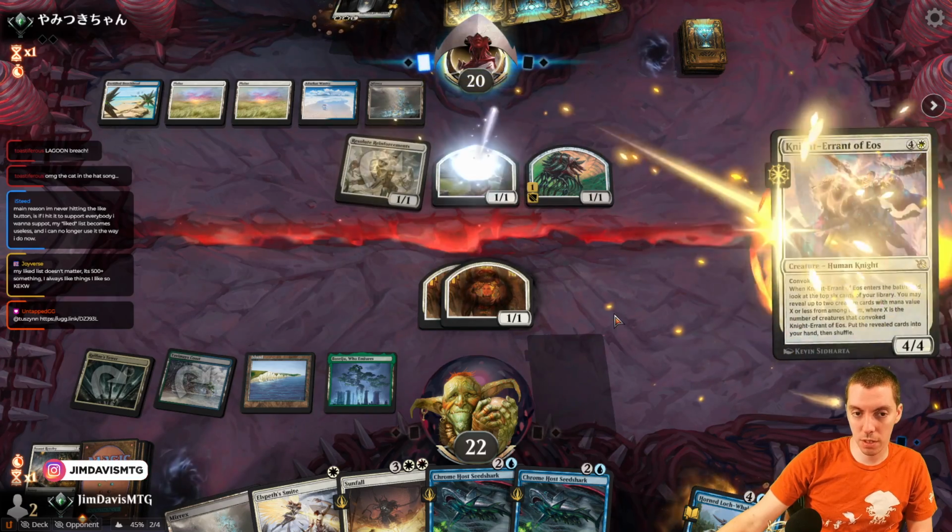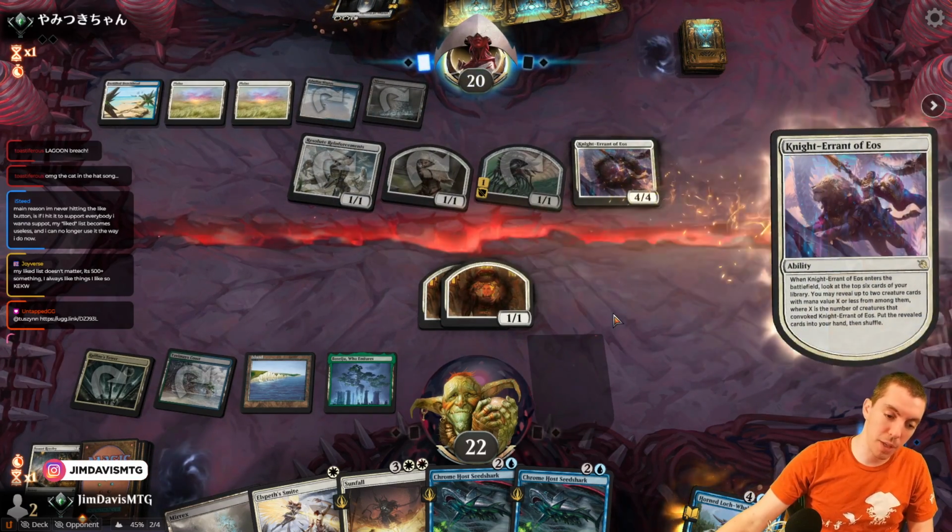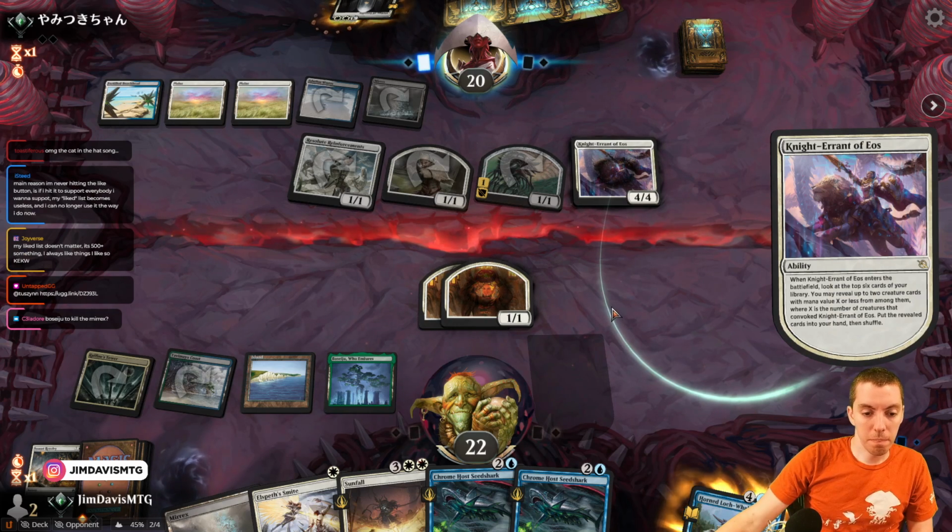So, make a Mirrex token. Cast Knight Errant with mana up. It's pretty good. It's pretty good. Potentially kill the Mirrex. Yeah, I mean, we need to make land drops right now, so...